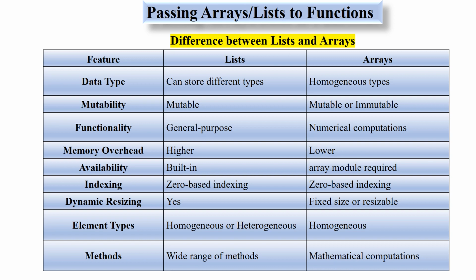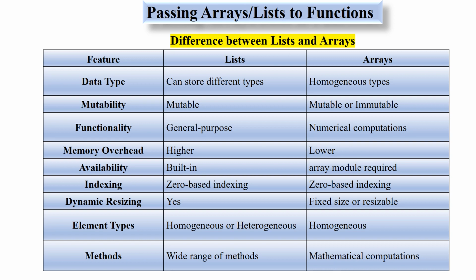Now, we are in the topic passing arrays or lists to functions. But before that, let's see the difference between an array and a list. Data type. Lists can store elements of different data types, while arrays typically store elements of the same data type. Mutability. Lists are mutable, allowing for modifications to the elements, whereas arrays can be mutable or immutable depending on the underlying data type. Functionality. Lists provide general-purpose functionality for data manipulation, while arrays are optimized for numerical computations and offer